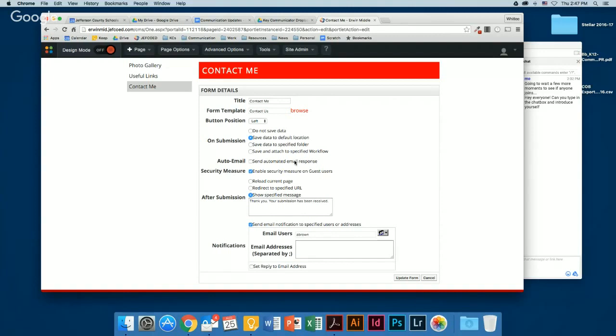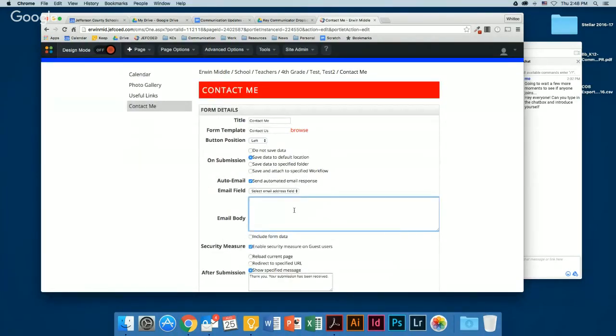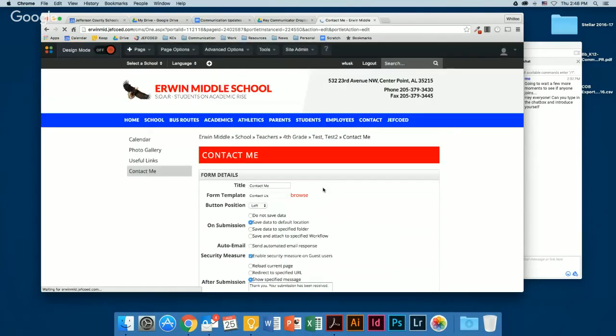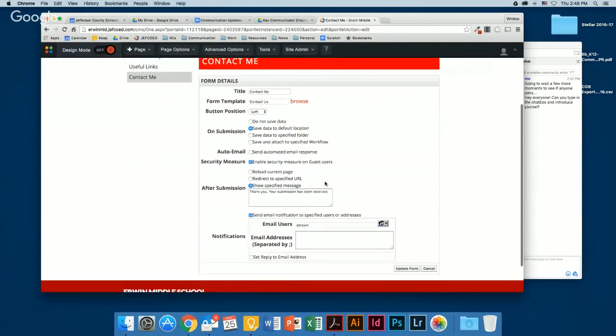for every single response. Other ideas for automated responses would be, if it's Christmas time and parents are emailing during Christmas, obviously the teacher is on vacation, so they're not really checking their teacher page. So maybe set up that auto email response to say something like, happy holidays, we will return to school at this time on this day. That's where that could come in handy.